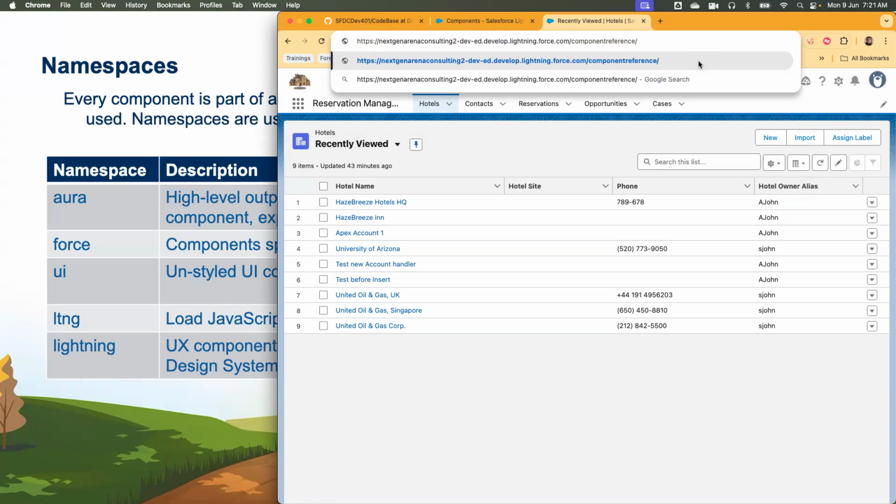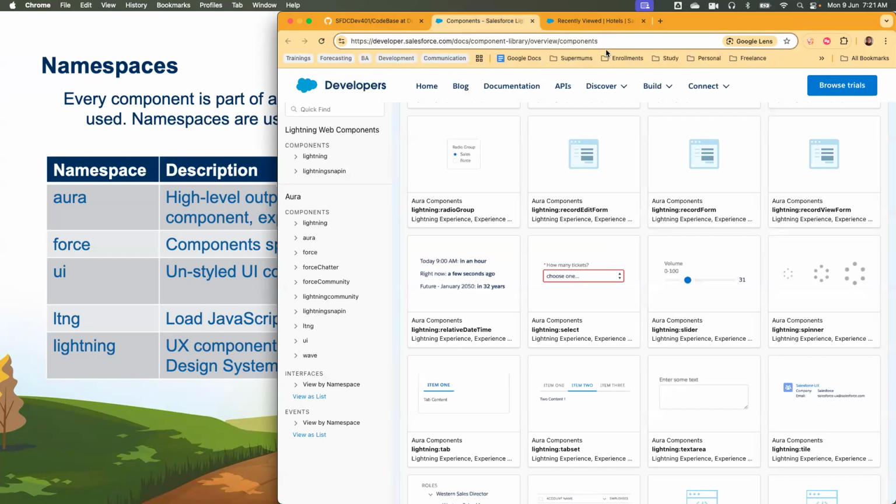Again, in the component reference, you can see the name. If you have a name that you want to explore, you can simply use it. So either you can directly create it like this, or this is the